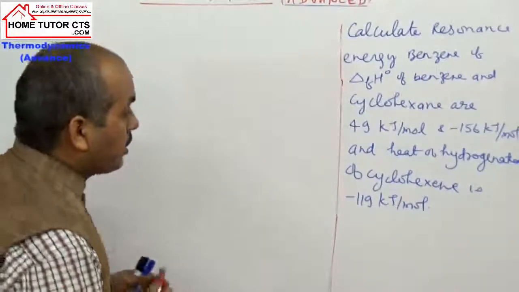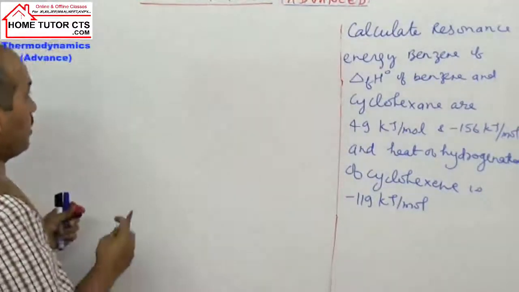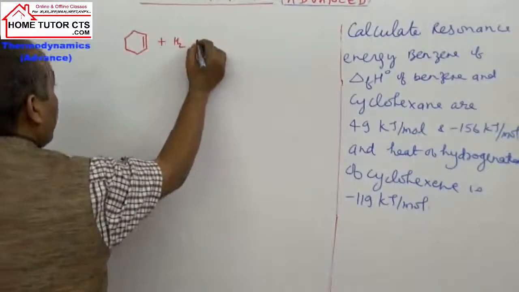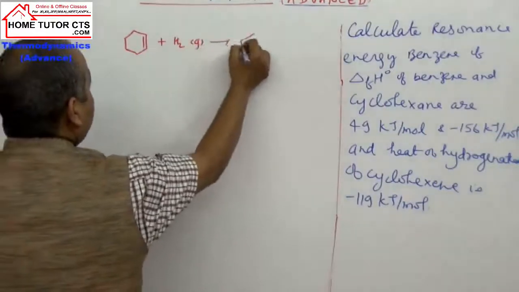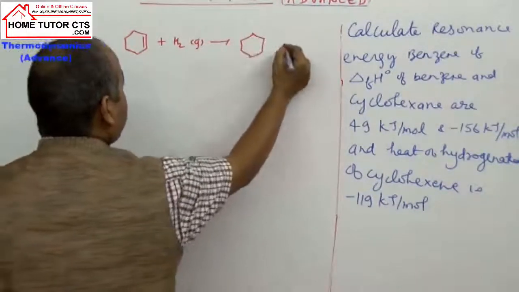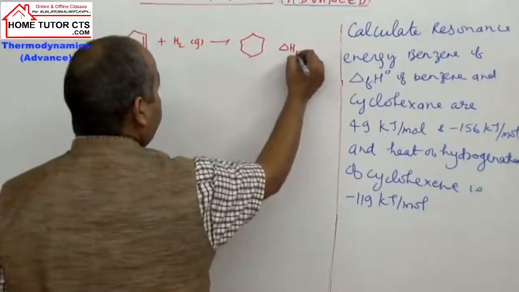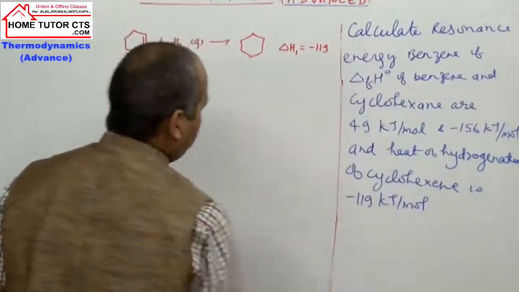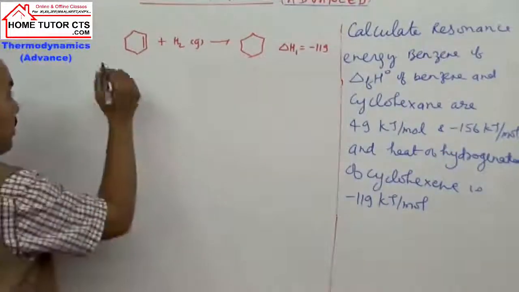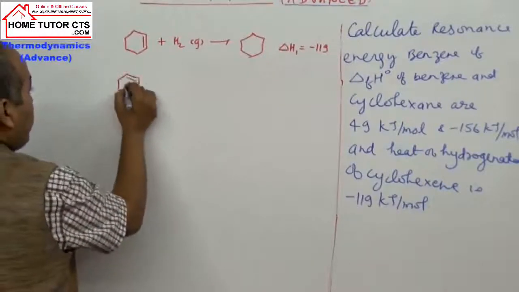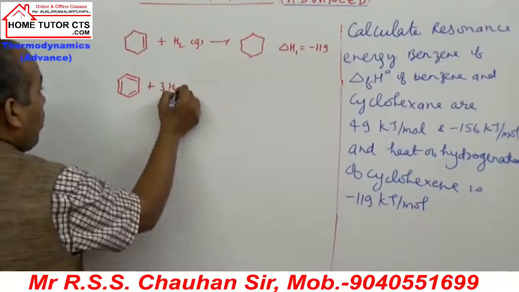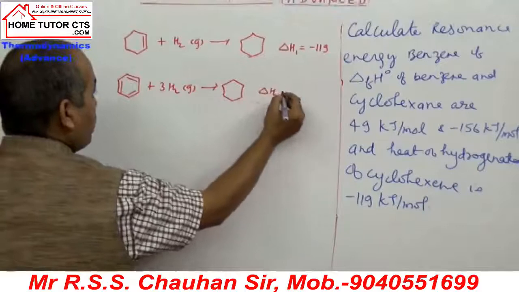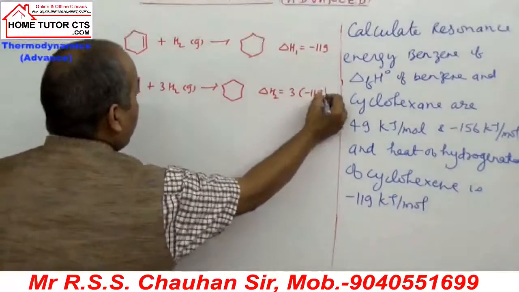Now how to link this data with benzene and cyclohexane? See, if I take cyclohexane, what is cyclohexane? It can be taken structure wise, this one here. In cyclohexane, when we add 1 mole of hydrogen gas, it can give cyclohexane. For this reaction, they have given heat of hydrogenation. I am writing delta H1 minus 119 kilojoule per mole. I am writing same without units, all data in kilojoule per mole. Now if I suppose take benzene without resonance, so when we add 3 moles of hydrogen, it can give cyclohexane. For this reaction, what is delta H2? It is 3 times 119 kilojoule per mole.